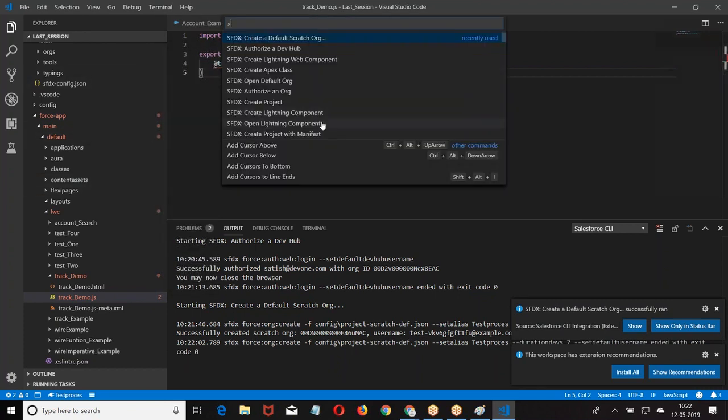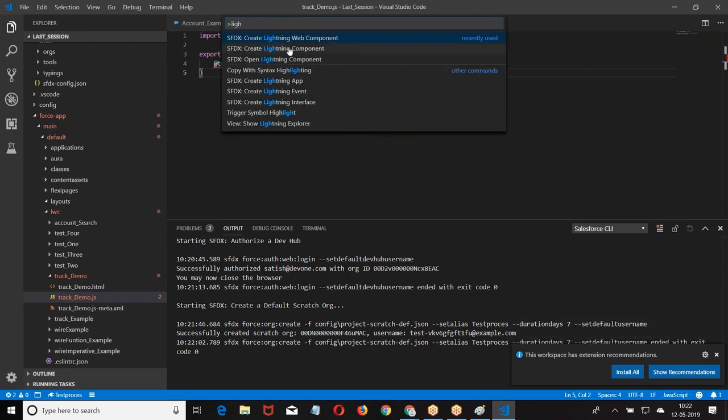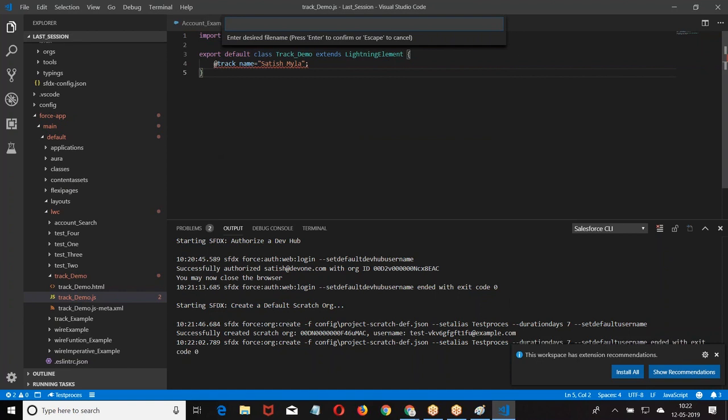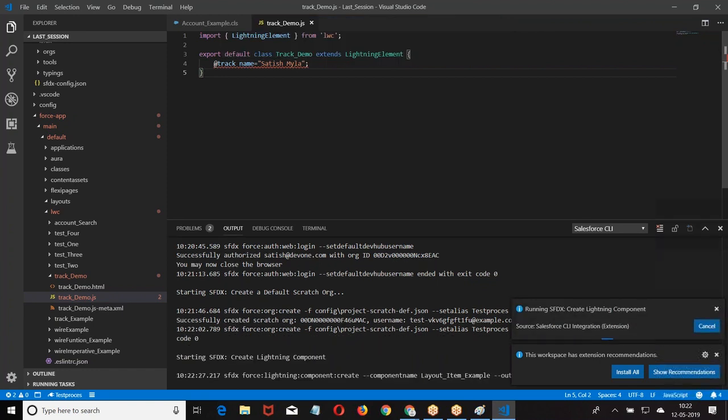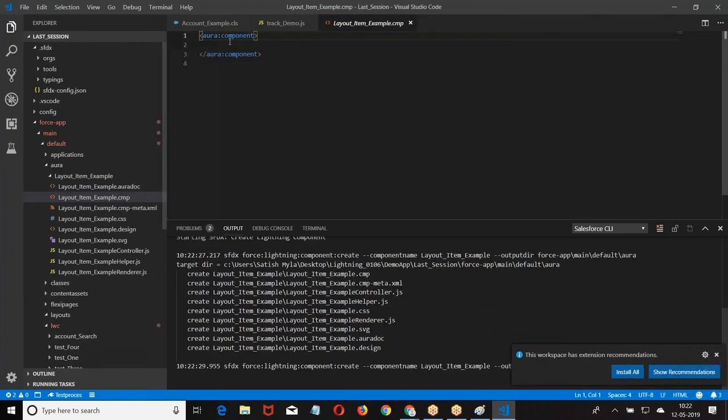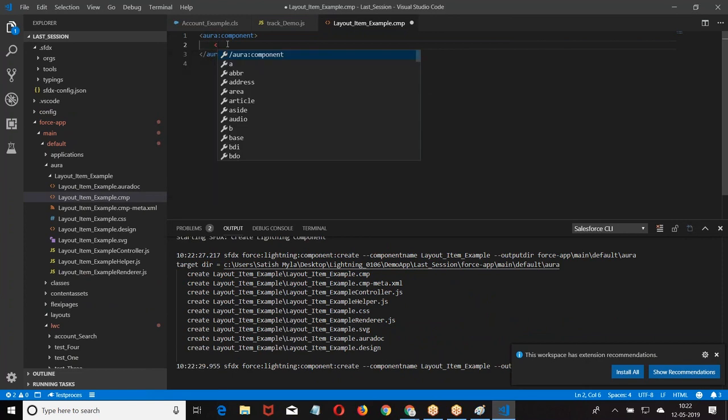What was our requirement? I want to create a Lightning component. Somebody has asked me, do you get auto help? This is how we are getting auto help.